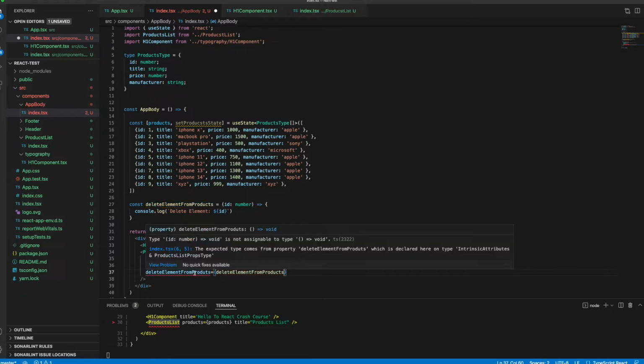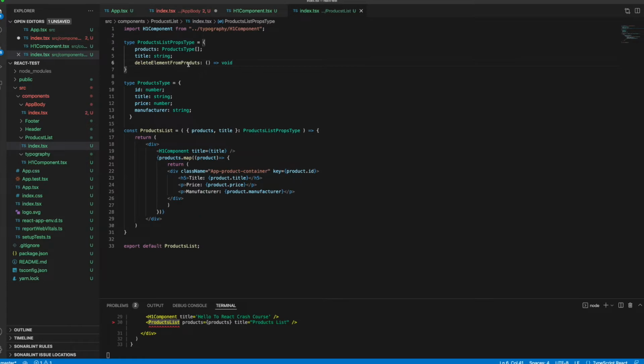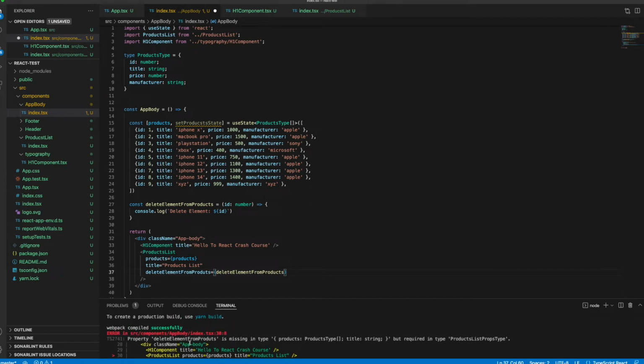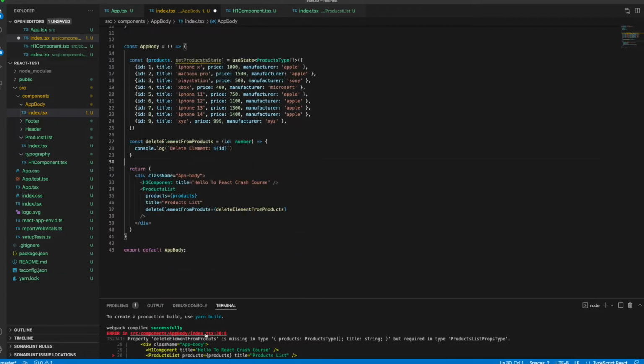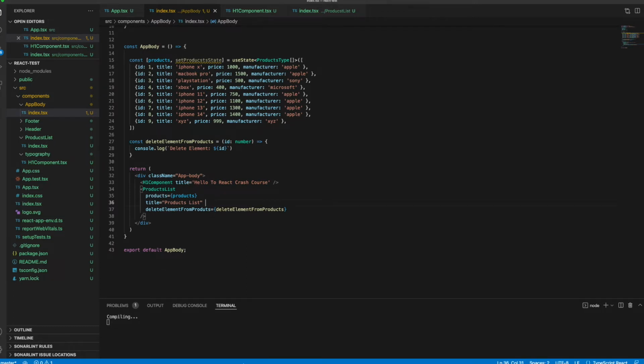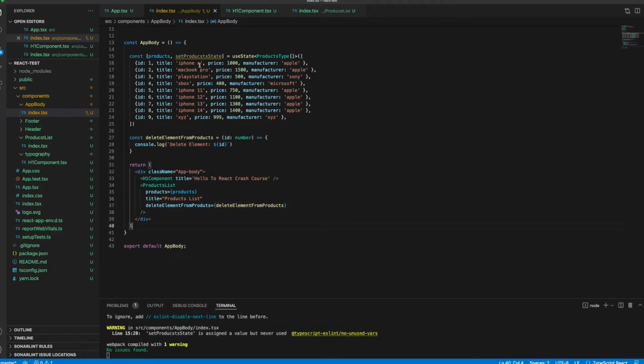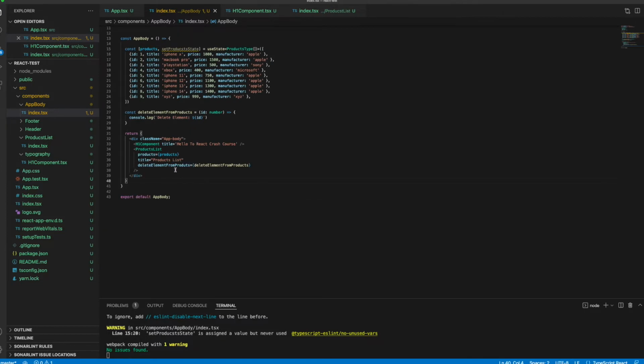It says the type ID void is not assignable to type, so we forgot to add our ID parameter here, and it just warned us at the beginning, so we didn't have to go and fix the stuff one more time. As you see, there is a delete element from products missing types but required here, and there is one at line 30, when we call it here. Now the error is gone. I think I haven't saved this file. When I save it now, it is gone. Alright, so we have